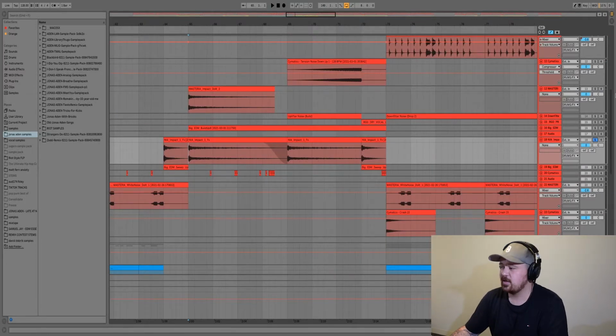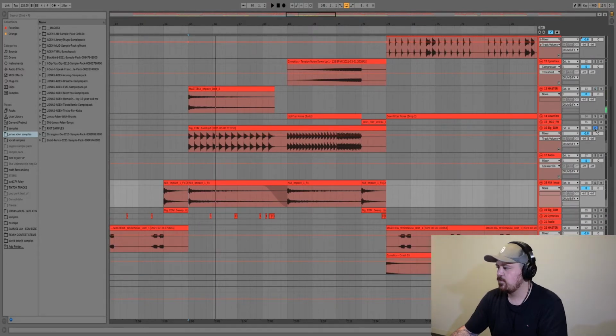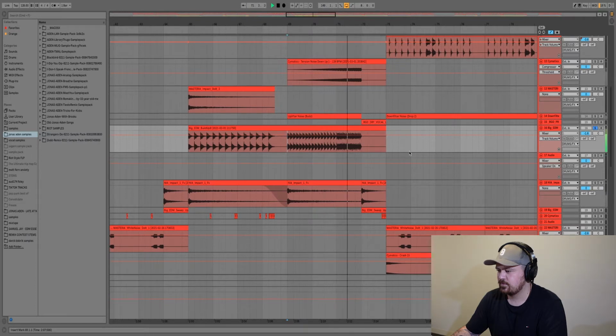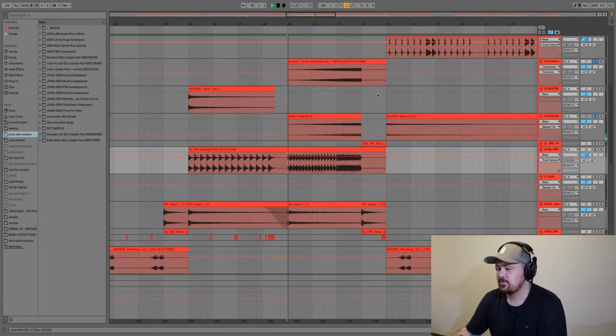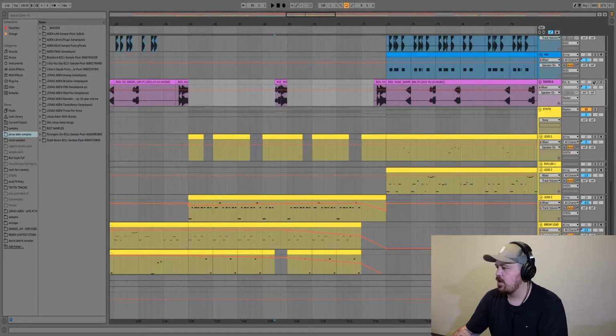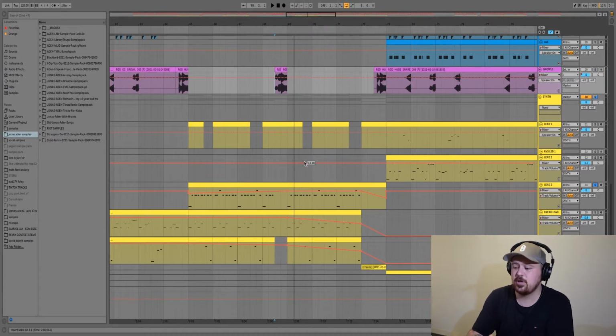We've got, again, some impacts. We've got our very important snares. And then again, they just start rising up as the build-up progresses. And we've got some white noise risers. And we've got these other little snares just to create a bit of variation. And then a dubstep growl just to create a little break in the build-up. And then we've got our main drop synth that is slowly rising up.